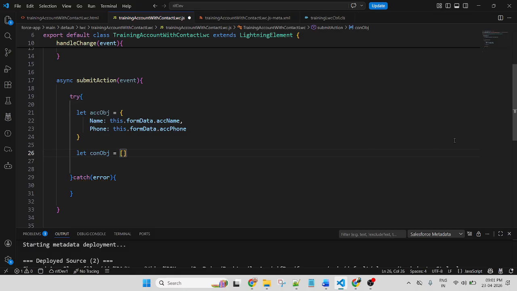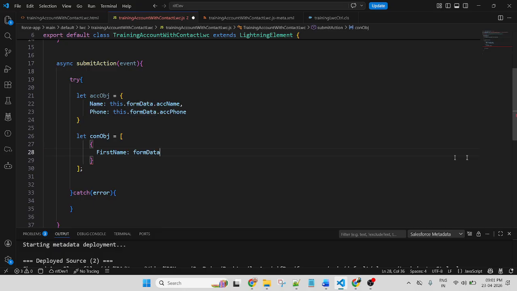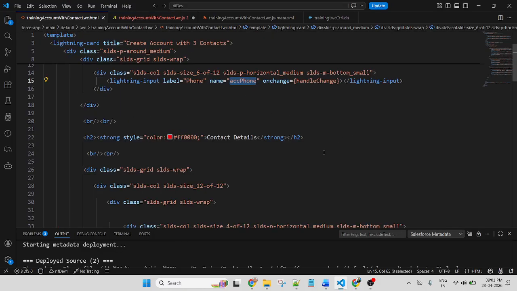So here I will use an array, and inside it an object. First I put the key as a field name, and similarly I will get the value with this.object name.field name.